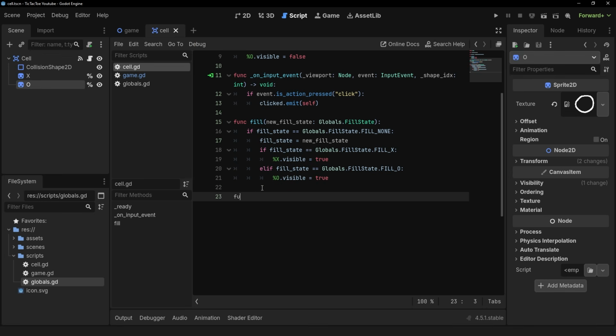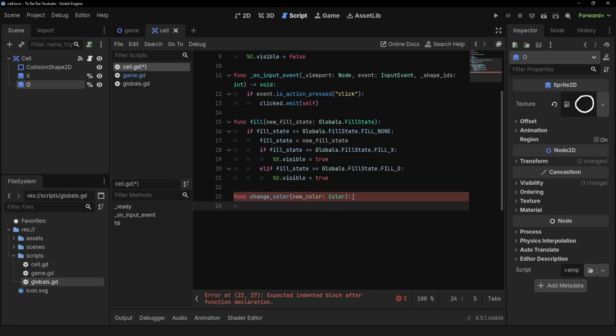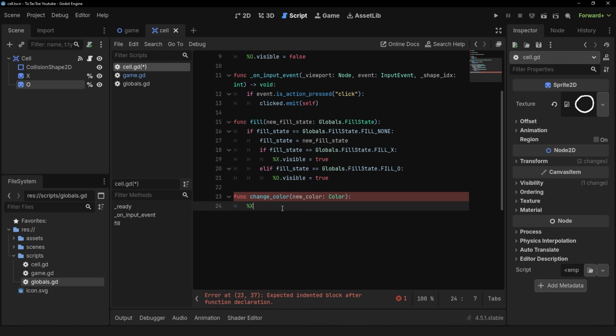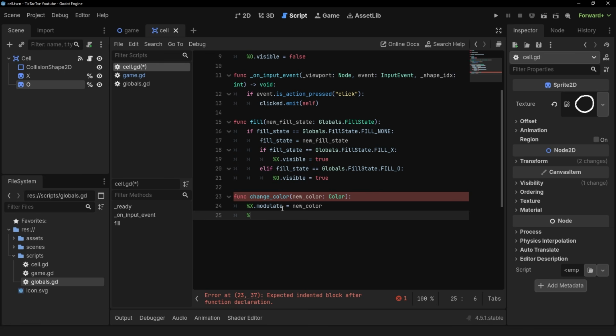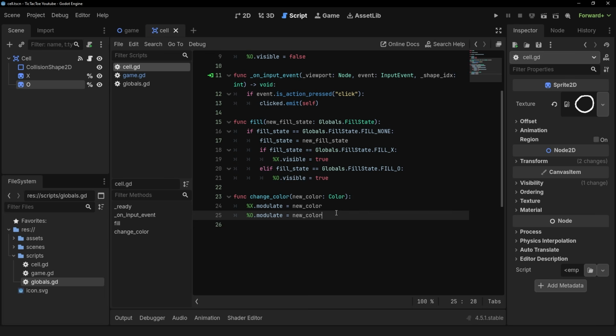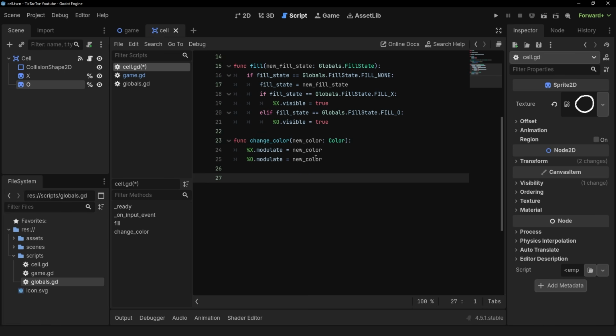The first one is going to be called change color. It is going to accept a new color, which is going to be a color class, which is a class that lets us represent a certain color. We're simply going to take this new color and we're going to change the modulate property of the X and the O shape sprites. First of all, we will get X, set its modulate to the new color, and then we will do the same for O. Just like that, we have a useful function that we can call to highlight the shape to a specific color,